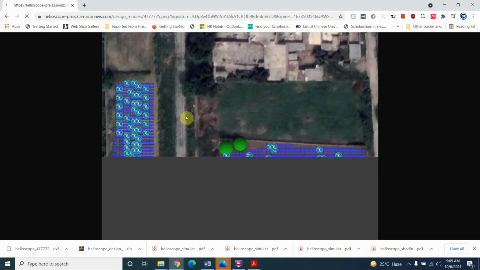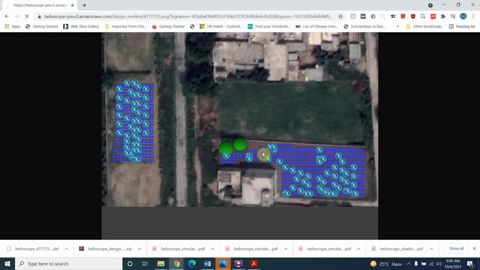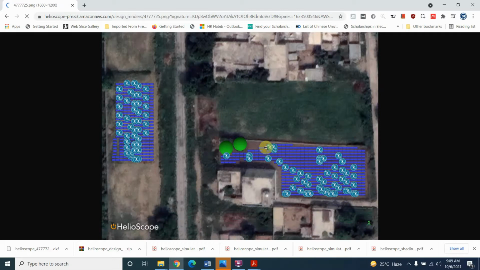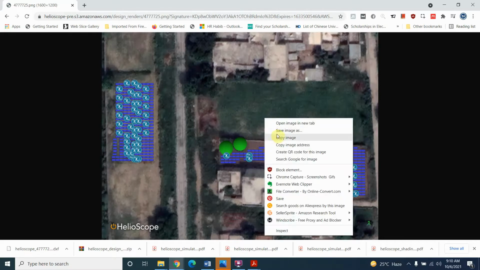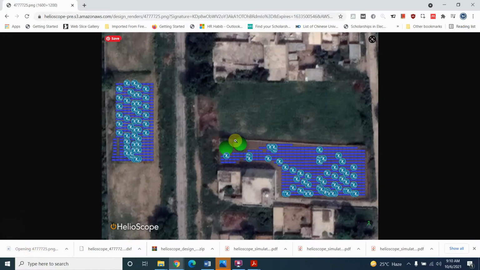These are different inverters which we need. So in this way, you can decide different locations and just design one project on Helioscope and attach it in the soft report of your manual and bring it in the next lab. You can save this image, for example, here. This is the image, and if you open this, you can see here that